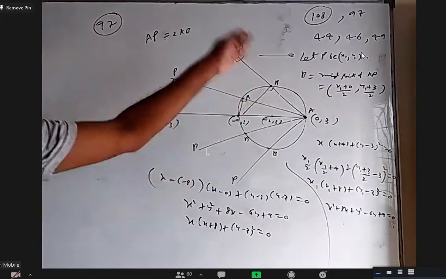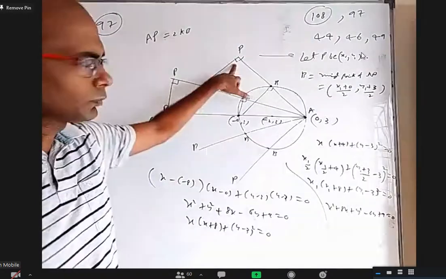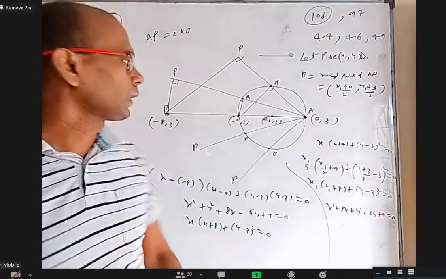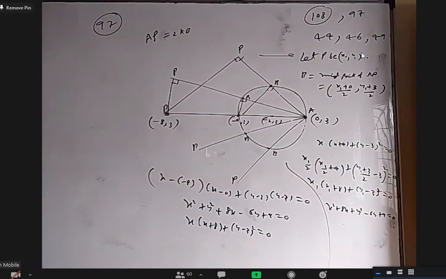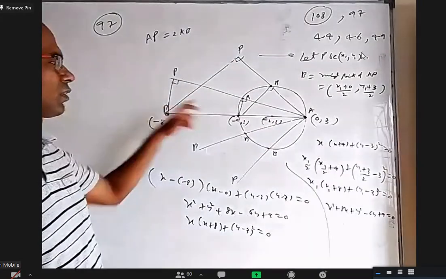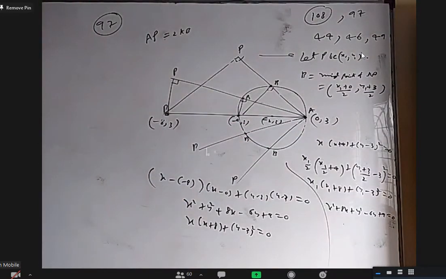Okay, this is a simple standard procedure for any question in locus. Take this point as (x1, y1), find the midpoint of these two, that should satisfy the original circle equation, and you get the locus. Here, do the geometrical understanding as well: why the locus of this is a circle, what are the ends of the diameter, or what is the new center and length of the radius. Is it okay? 97? Yes, sir.